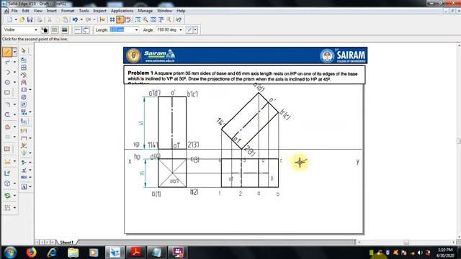If it is directly rotated, the image will cross the XY reference line. So we will draw a parallel line for the reference, and then we will make it minus 30 degrees, since it is down to the reference. I am putting minus 30 degrees, so that it will come like this. So draw a line at 30 degrees to the reference line.